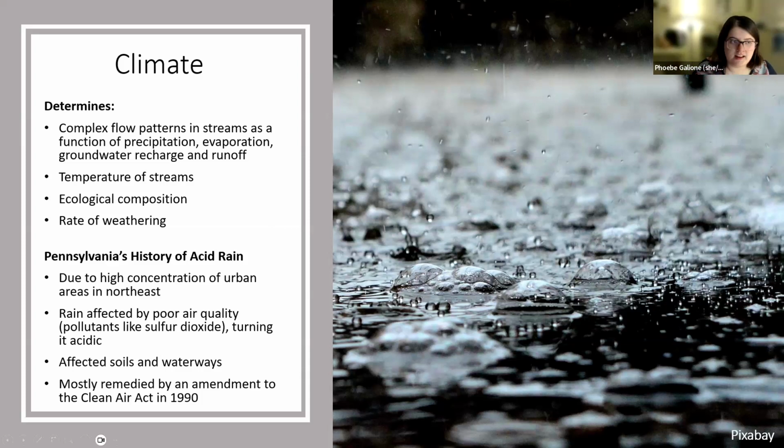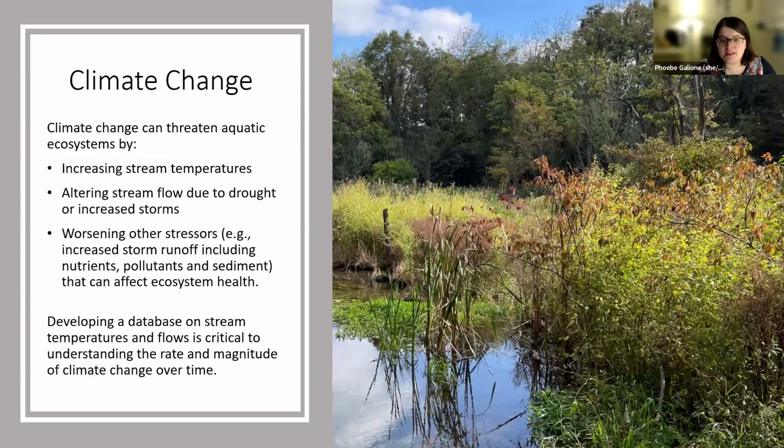But moving on now, so climate change. So now moving into some of the things that humans have had an influence over or control over. Climate change can threaten aquatic ecosystems, of course, through increasing stream temperatures. Again, I mentioned before, trout love cold water. They rely on it for their spawning and their survival. As stream temperatures warm up, they might not be able to survive as well in it. That can go for other animals as well.